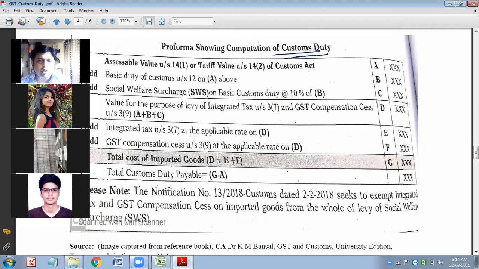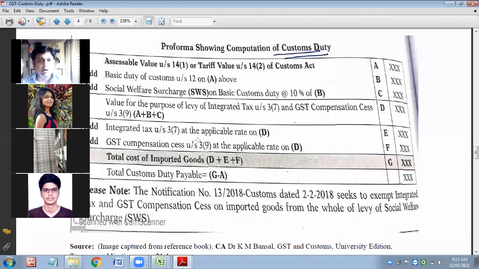Only the sections were not written with you. So if you have taken this format, you must have taken the sections and subsections along with that. So now this GST will be charged on D. D is what? Assessable value plus BCD, basic custom duty, or CVD, or any kind of custom which we have charged, plus SWS. So whatever the value we will get, that will be applicable for IGST, or any kind of GST which is applicable, if at all it is there in the question.